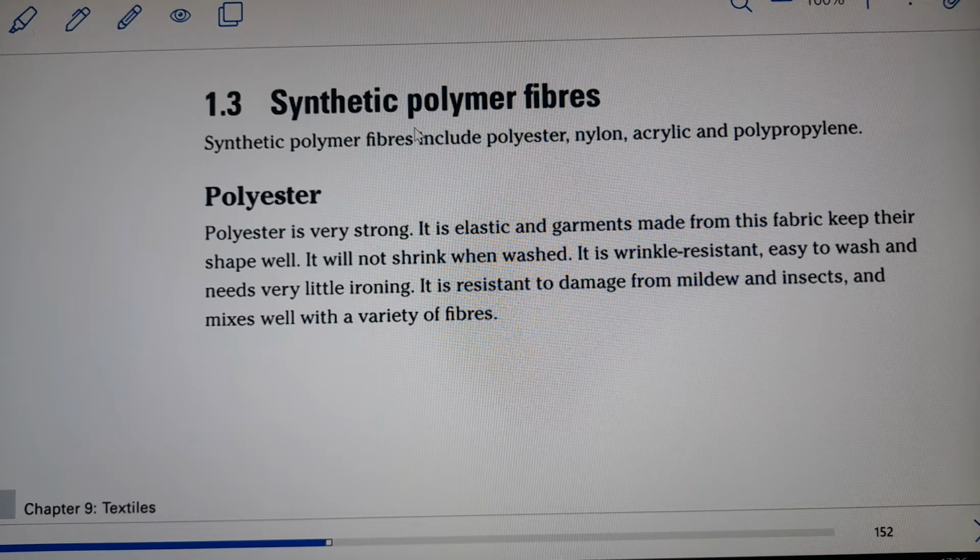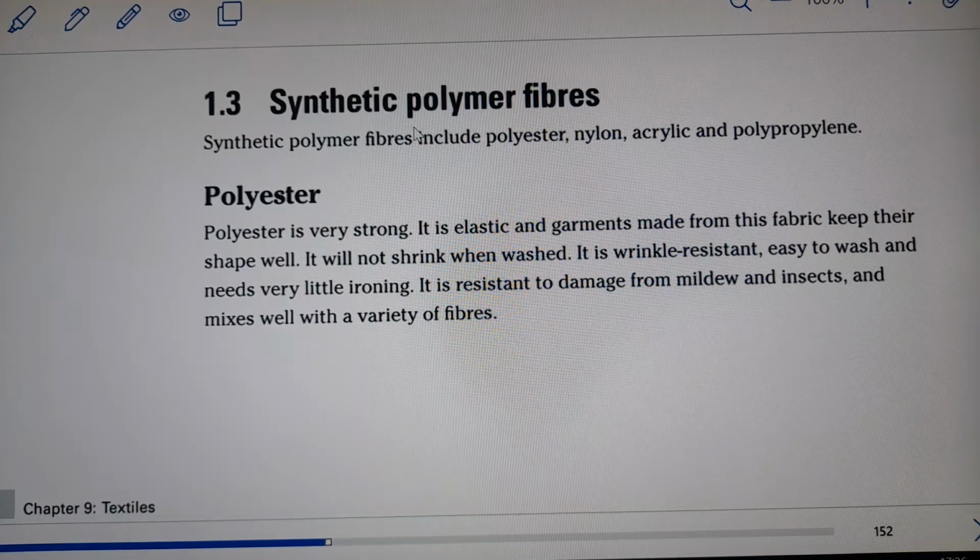Okay, we have looked at natural fibers, the plant made fibers and the animal based fibers. We also looked at regenerated fibers, and today we'll be looking at section 1.3, which covers